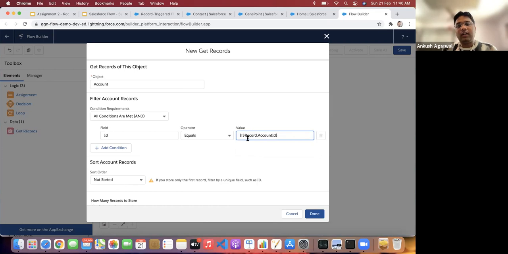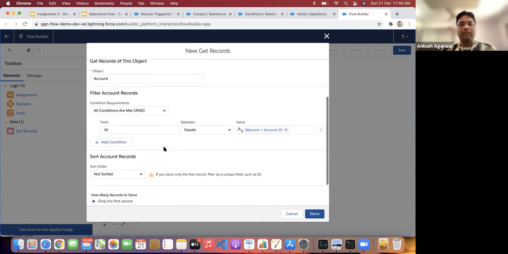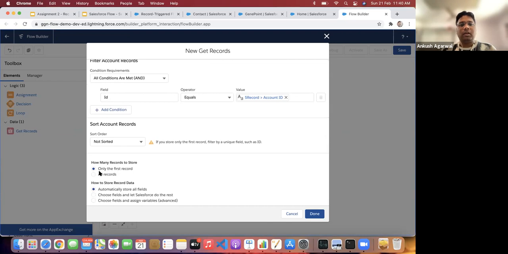So for that contact record, if the account ID matches this particular account record, then we'll fetch it. There are multiple additional features available. If you want to sort it, you can sort it, or choose how many records you want. For now, we are fetching only one record, that's why I've selected it, and automatically store all fields.